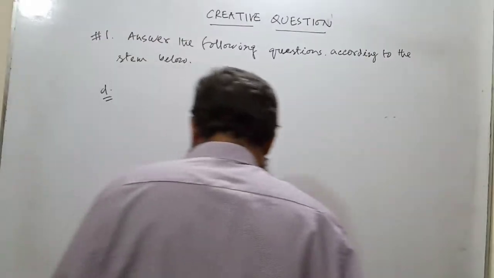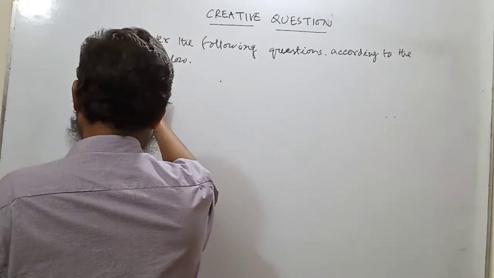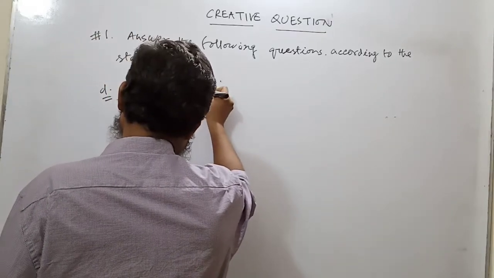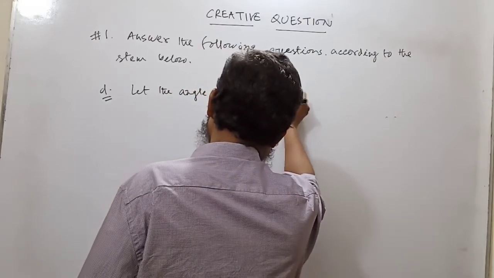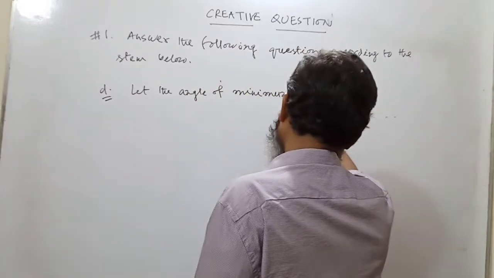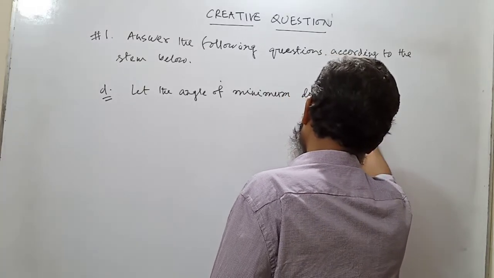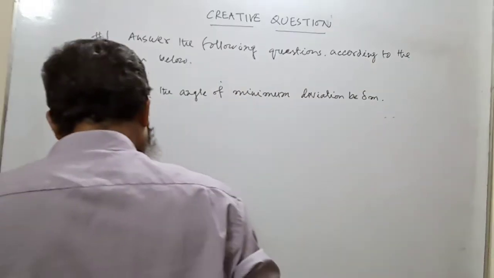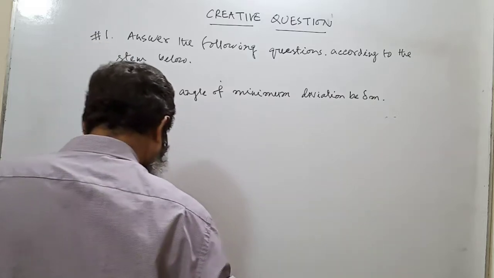Okay. So here, let the angle of minimum deviation be delta m. So therefore, refractive index mu is equal to